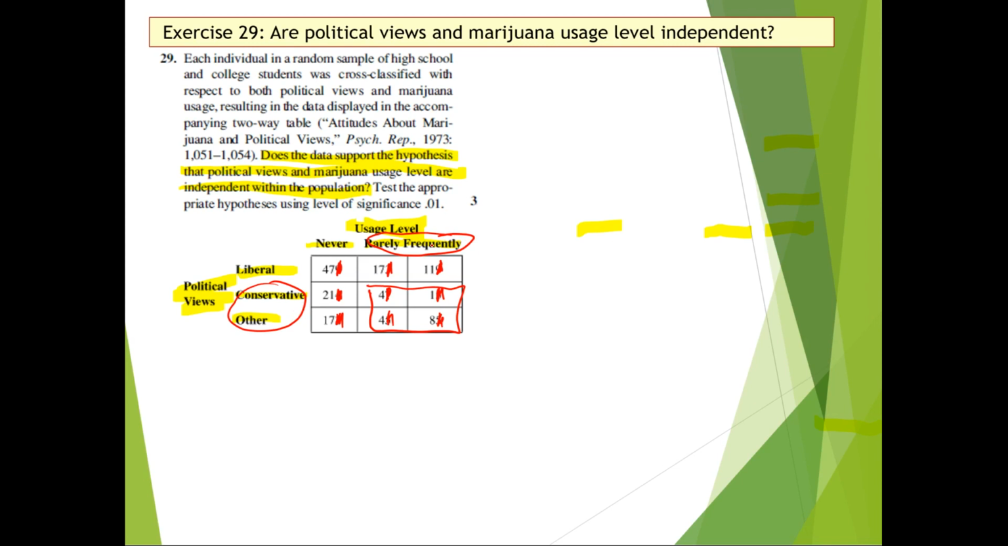But the same applies as with goodness of fit tests, that you combine adjacent categories. It must make sense. Conservative and other probably doesn't make, well, it may make sense to combine them, but for usage level, for example, you will not combine never and frequently because those are opposite ends. But rarely and frequently is closer to one another than never and frequently. So one has to be careful about how you combine these